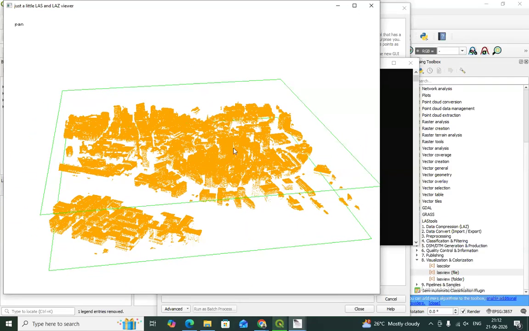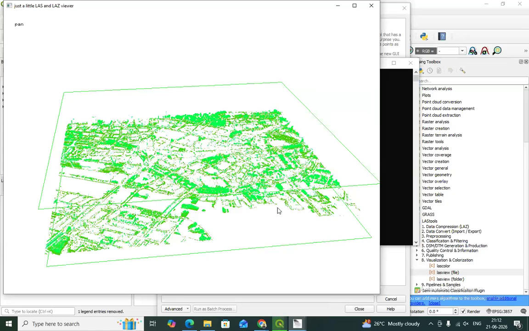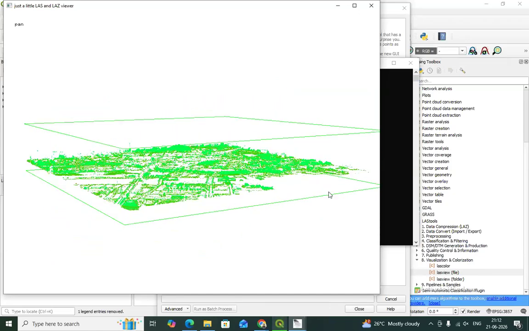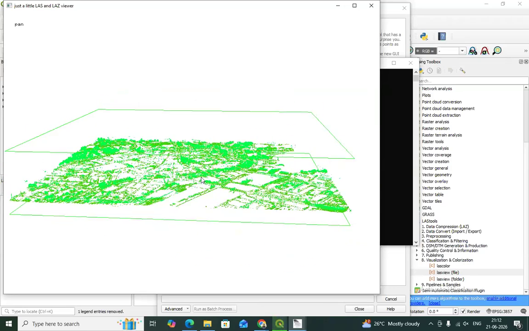Now, if you wish to see the vegetation only, that is 3 to 5. Now you are seeing the vegetation with the appropriate color, that is green. So this is the vegetation part.